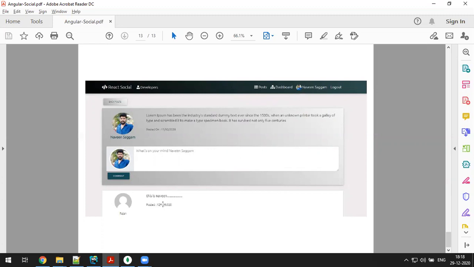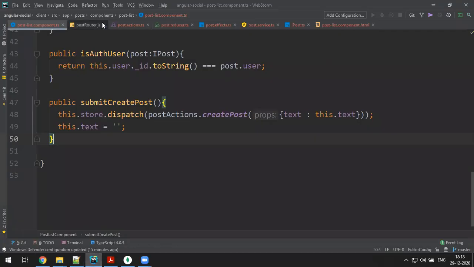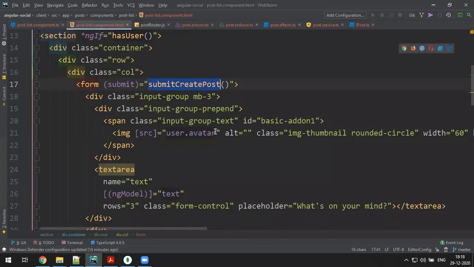Okay, so now when I click on this post, it's supposed to go to the next page, the post details page. So let me go to the post list HTML in this discussion.